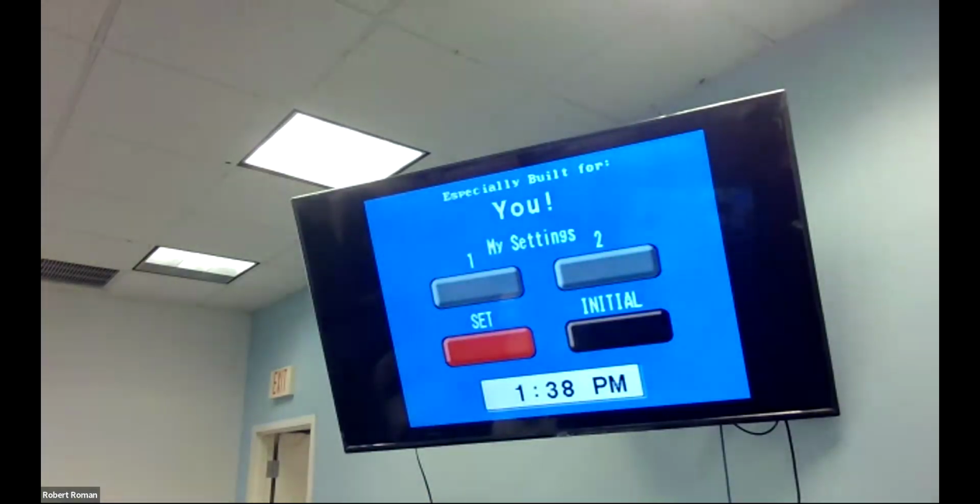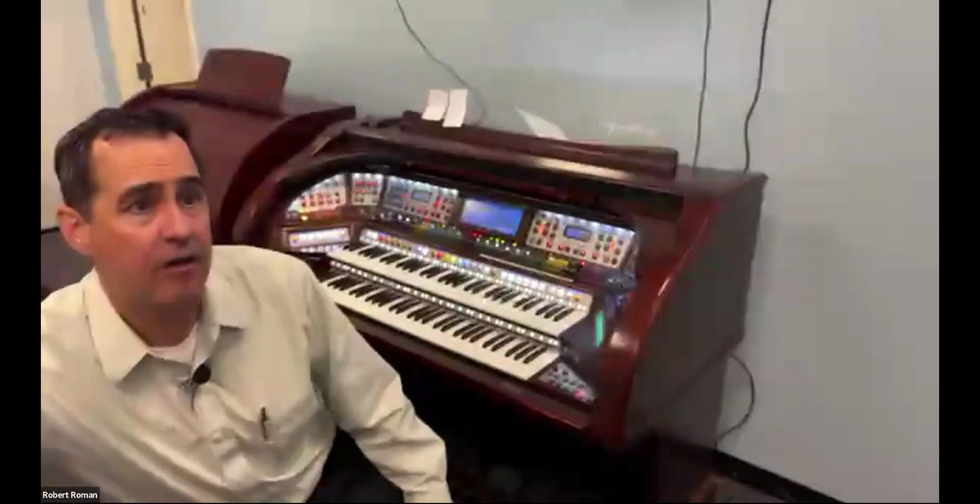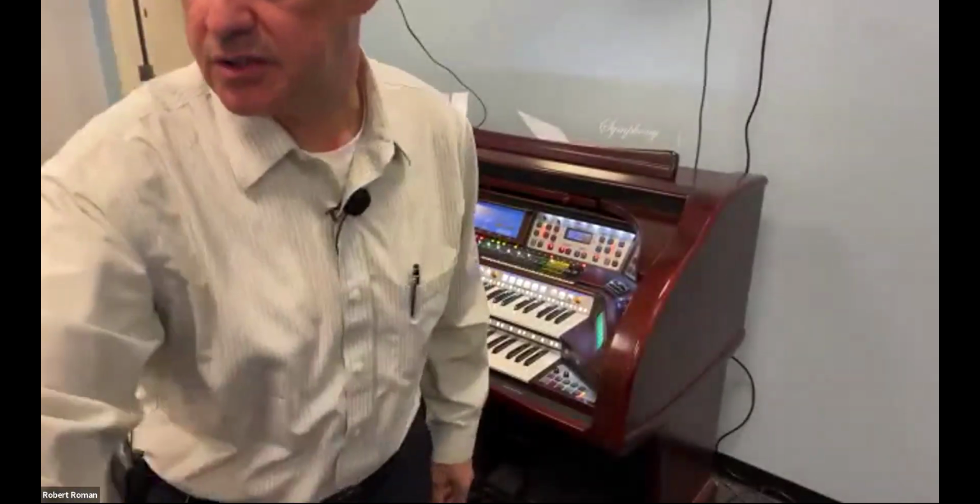Now, if I clear the screen, the USB is still in the organ. What you don't want to do is push record again, because if you do, it wants to go back to the last song that was there. I'm not going to do it because I don't want to erase that by accident, okay? So I always encourage that even if you're putting in the USB new for the first time,